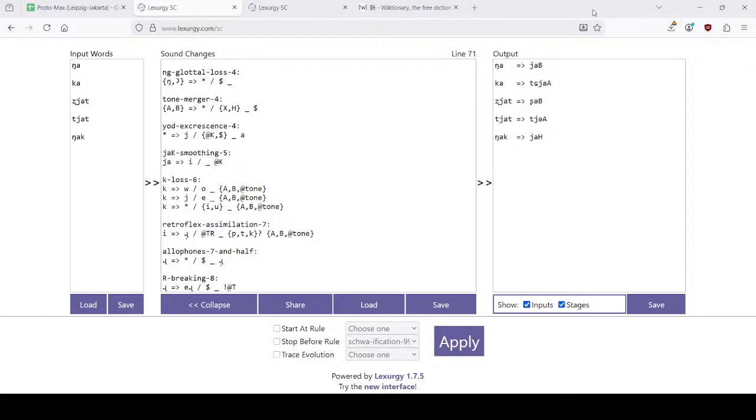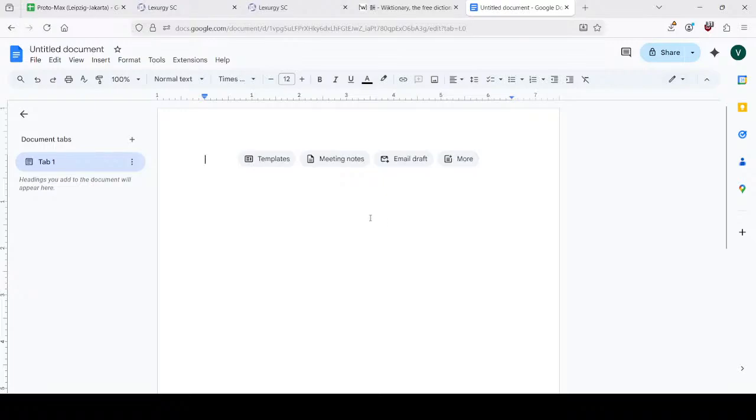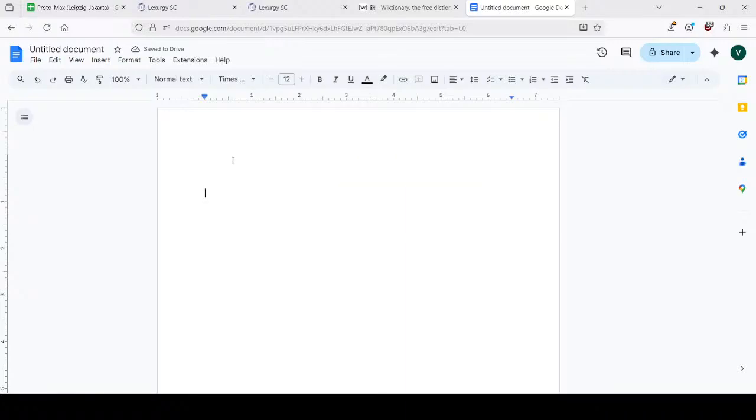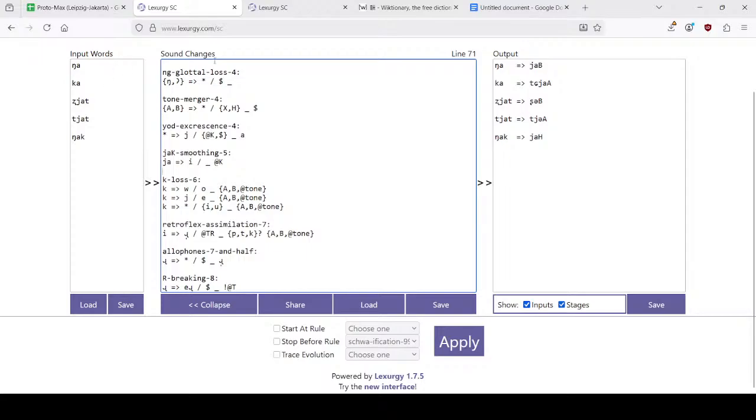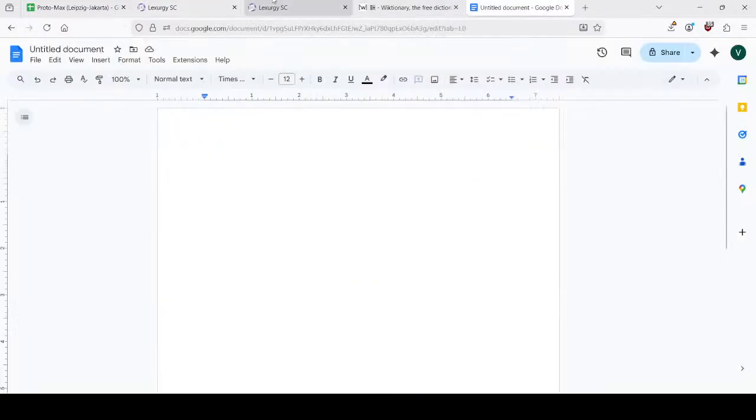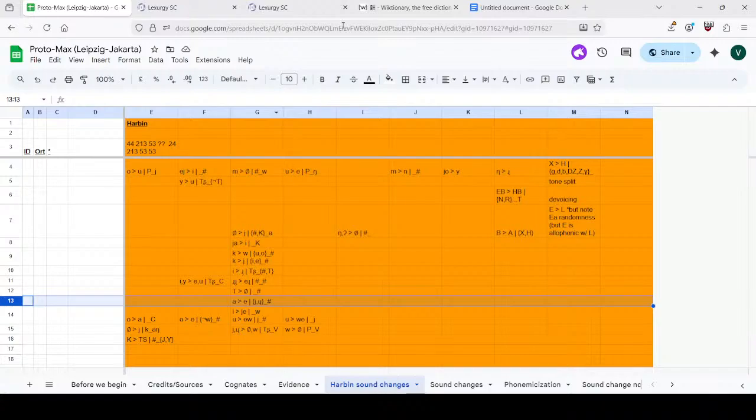So let's just do that, blank document, and then let me just do a little bit of messing around with that. Here we go. Begone suggestions. Do not need your AI. Okay, so let's see what we know. We know that nga becomes ya, or well, that doesn't work right now. Okay, so nga becomes ya means